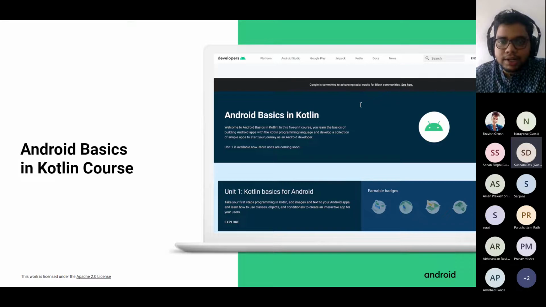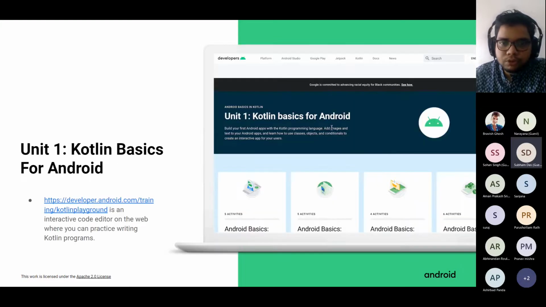You will be walking through the Android Basics in Kotlin course. This is a free online training developed by Google for people like yourself to learn how to build basic Android apps. The course is made up of units and units are composed of pathways. As discussed, we will focus on the first unit, which is shown here. It is made up of 4 pathways. In session 1 we will work on the first 2 pathways, introduction to Kotlin, and create our first application. And in session 2 we'll be working on building a basic layout and adding a button to your application.